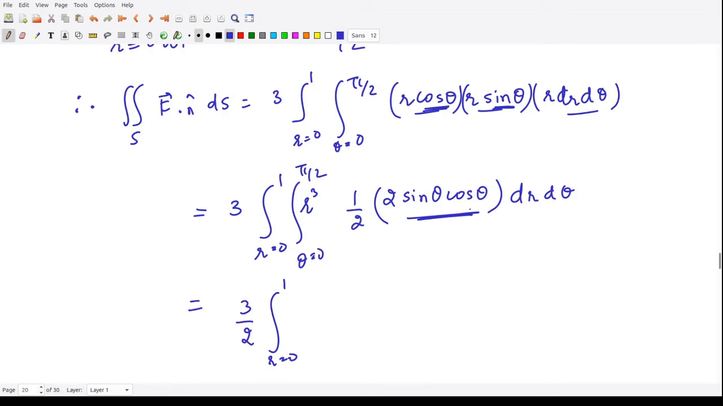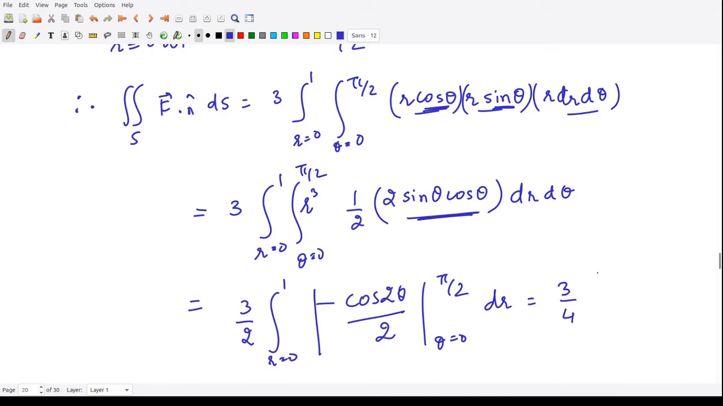So we have sine 2 theta, and what is the integration of sine 2 theta? It is minus cos 2 theta divided by 2. So we have the limits of theta varying from 0 to pi by 2, dr. So this becomes equal to 3 by 4, and when you substitute the limits, cos of 2 into pi by 2, that is equal to,